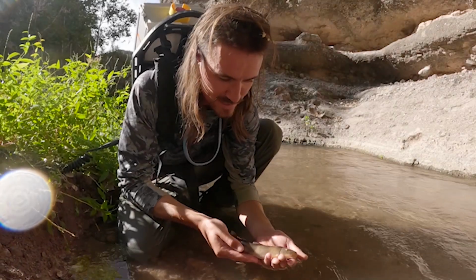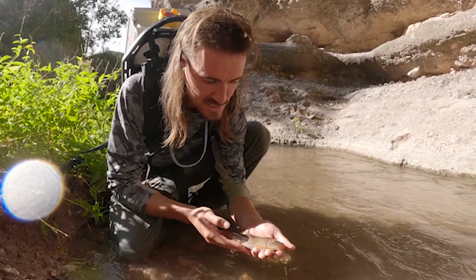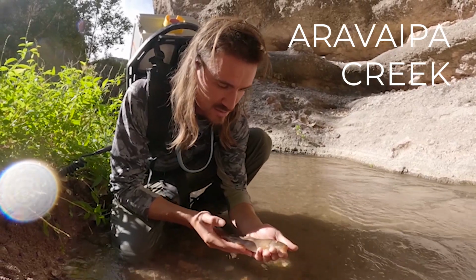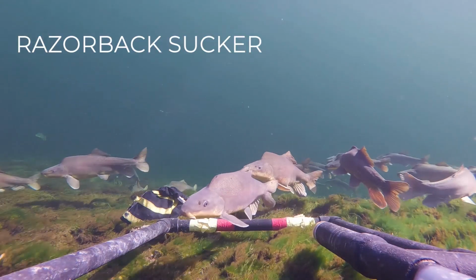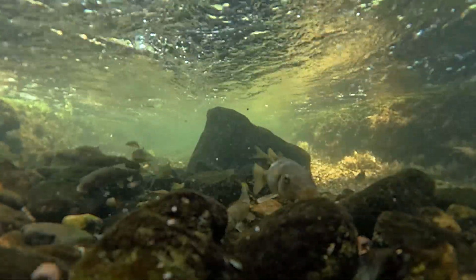This is the desert sucker, Pantosteus clarkii. It's one of 37 native fish species found in the state of Arizona. It's one of 9 sucker species found in the state, along with razorback sucker and Sonora sucker. There's 4 other species in the genus Pantosteus, and the thing that sets this genus apart from other genera is